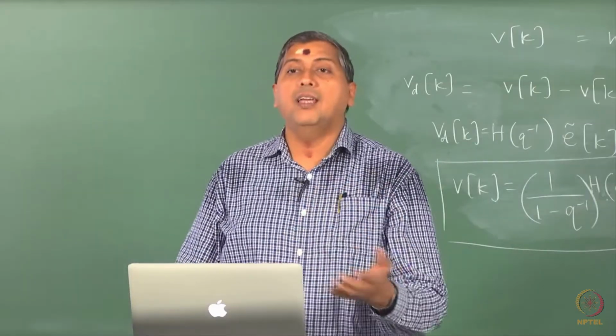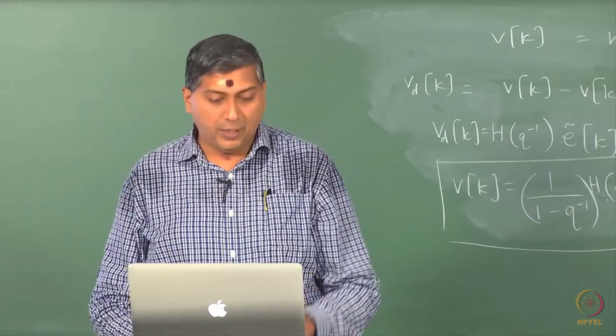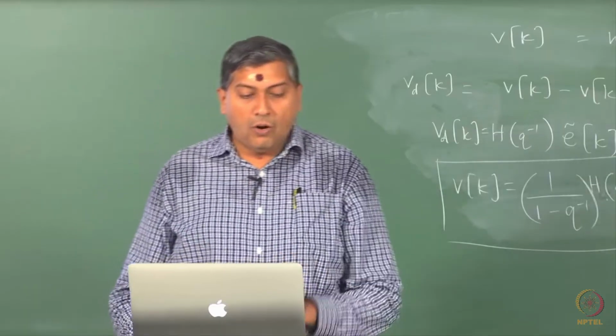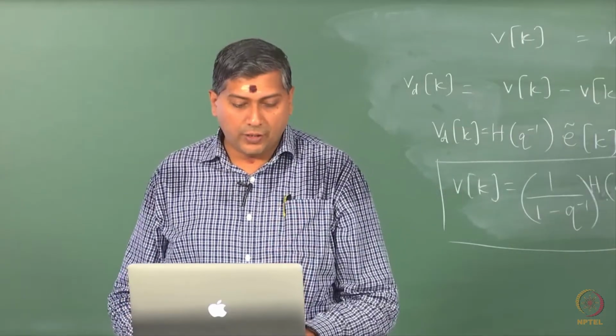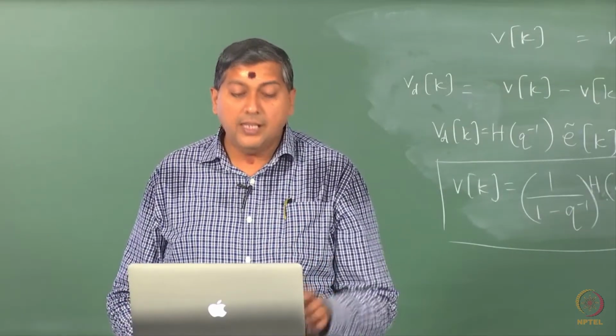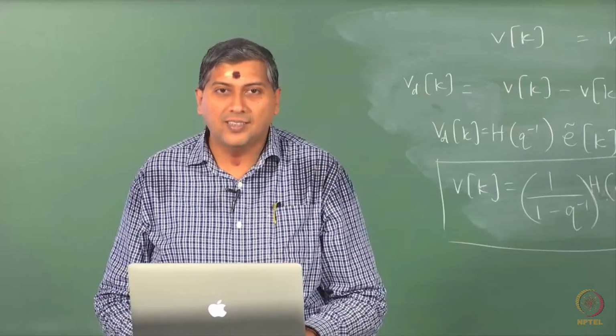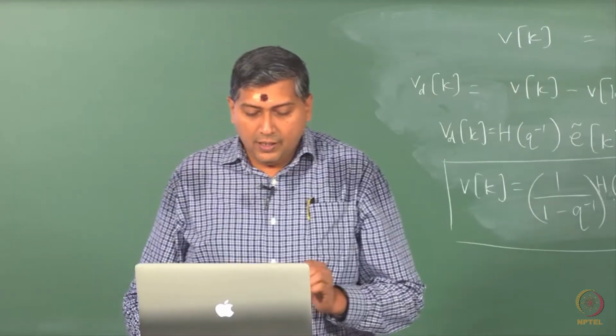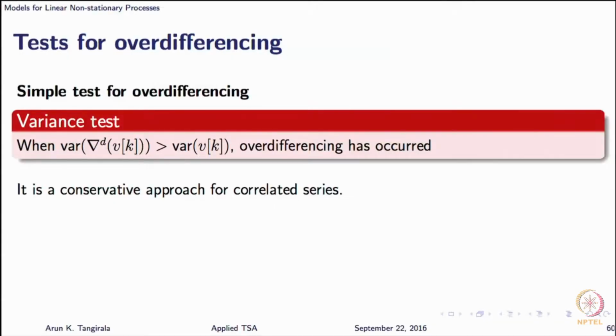But let us say I have written some automated procedure and so on. One of the simple ways of testing for over differencing is to look at the variance of the differenced series. If the variance of the differenced series is greater than the variance of the original series, then you have over differenced. At least if the given series has white noise like characteristics,